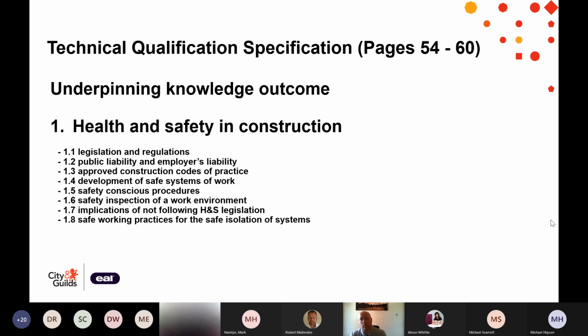There should be no surprises when it comes to the health and safety learning outcome, and we're not expecting many questions on this outcome at all, because, like I said, it is something that we've been delivering and teaching for a long time. There will be updates, obviously, with regards to legislation and the regulations, but no real surprises with regards to the health and safety element. I don't think there's any